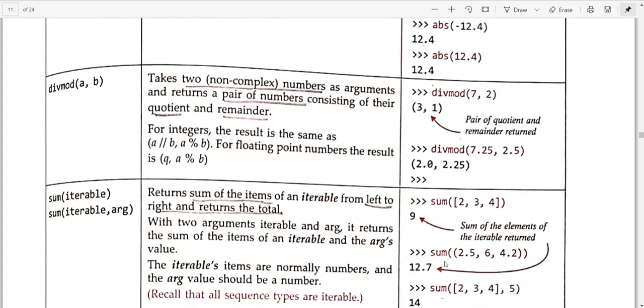Okay, so next function is the sum function. What it will do is sum iteratively. Why is the word iteratively being used? Because whenever we start adding numbers together, we take the first two numbers, and whatever result comes out, we add that result to the next number. So firstly 3 and 2 will be added, so you will get 5. 5 plus 4 is 9.